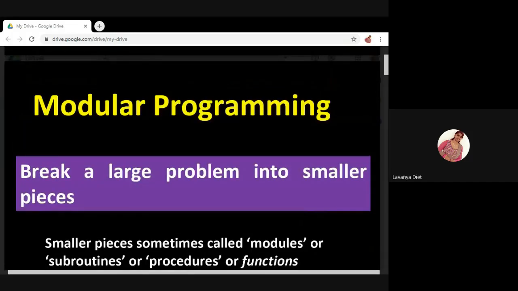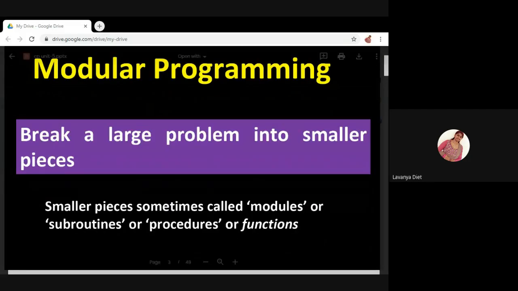Modular programming is nothing but breaking down the large problem into small sub problems. These sub problems are nothing but subroutines or procedures or functions in a programming language. See, in a computer, if you want to solve a problem, you have to write the program.